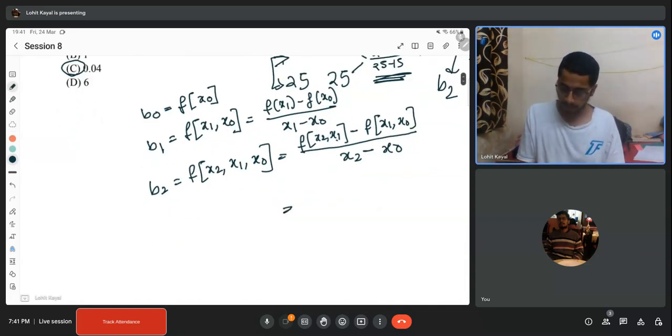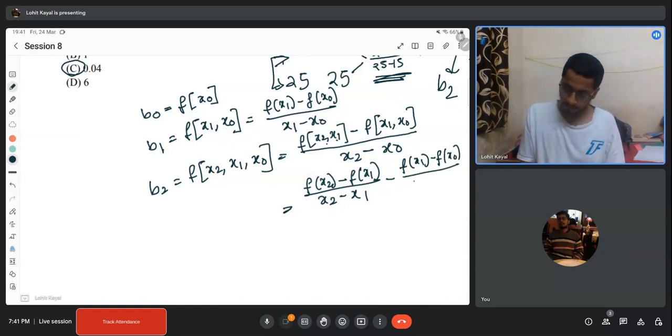I can also similarly break this. It will be f of x2 minus f of x1 divided by x2 minus x1, minus f of x1 minus f of x naught divided by x1 minus x naught,